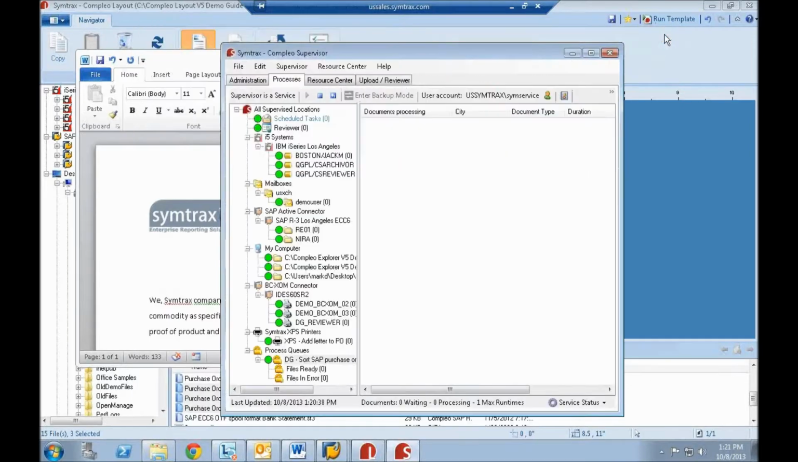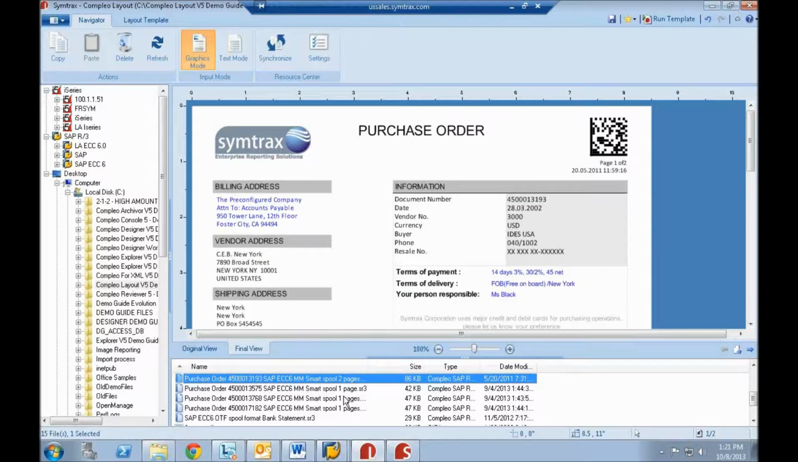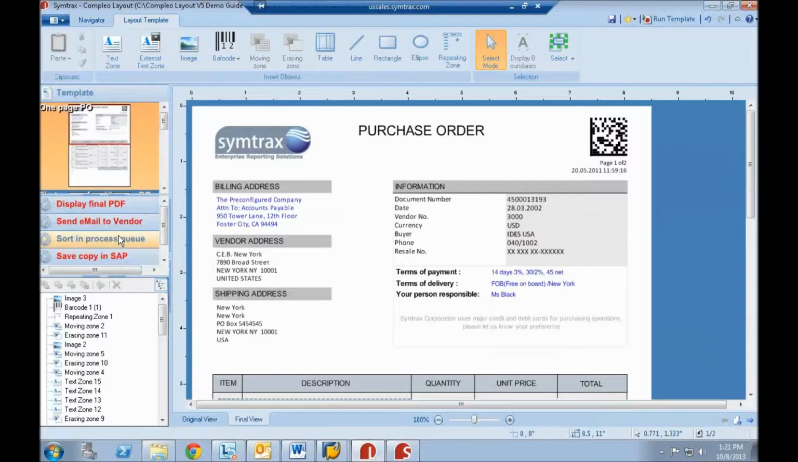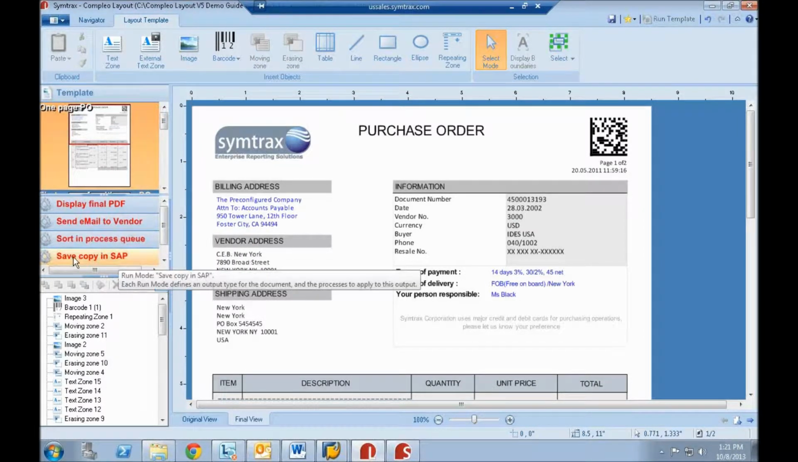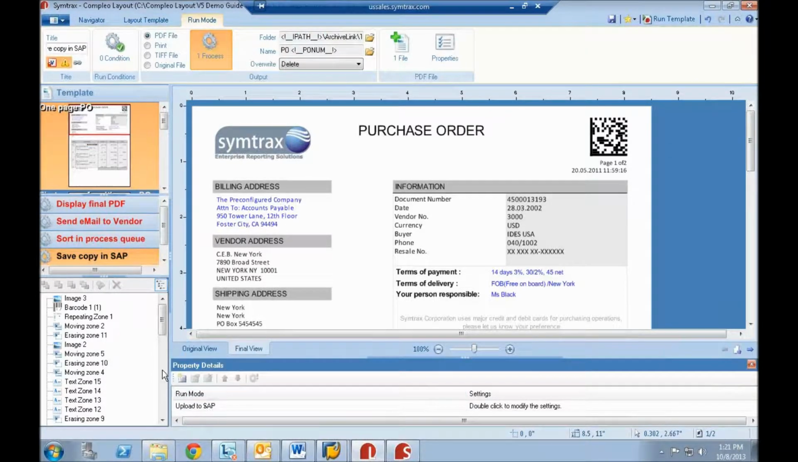And then one more that we're going to go over is going to be saving this back into SAP. So let me go back to that original purchase order that we were working with here. Okay, we're going to use the 2-page one. Go into the template here, and we're going to save a copy into SAP. So I'm going to disable the run mode and enable this run mode. And if we just take a quick look at the process for this one, you can see it's upload to